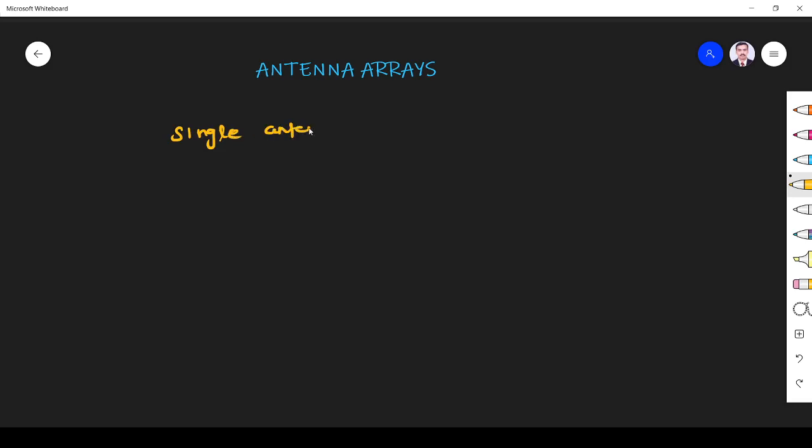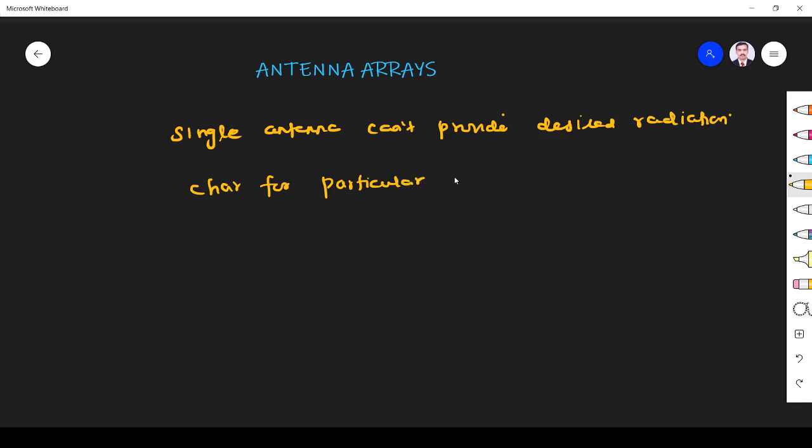A single antenna cannot provide the desired radiation characteristics for a particular application. So what we need is to combine two or more antennas. That is called an antenna array. So an antenna array is a combination of two or more antennas,